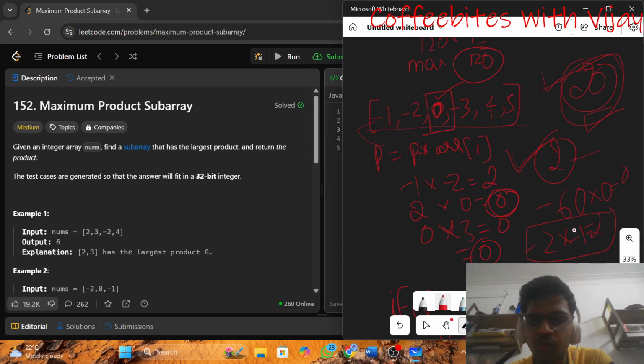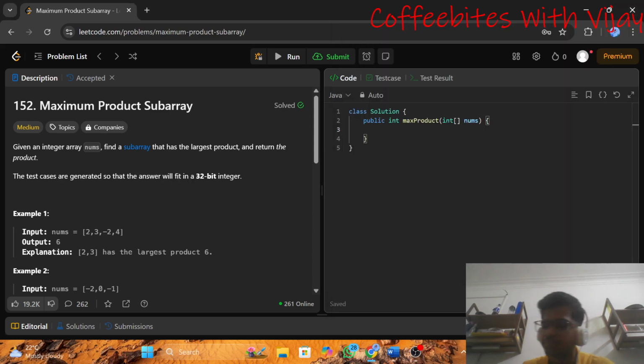So this was the program, guys. This was the logic how to solve the maximum product subarray. So that's all, guys. Let's go and let's solve the problem. Let's understand how to solve the code. Okay then, guys, initially what I'll do is I'll take int prefix to be 1 and int suffix to be 1 initially, and I'll calculate the n value, that is nums.length.